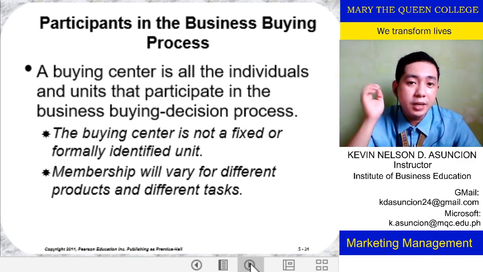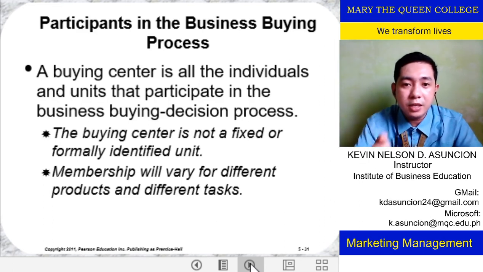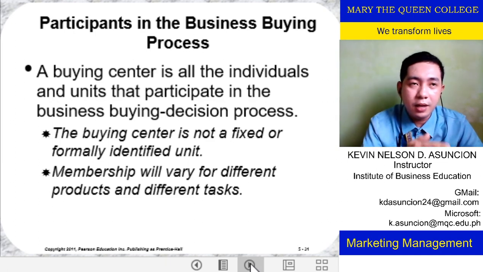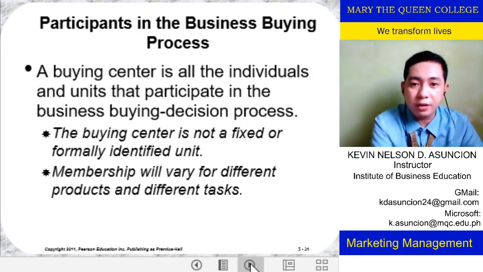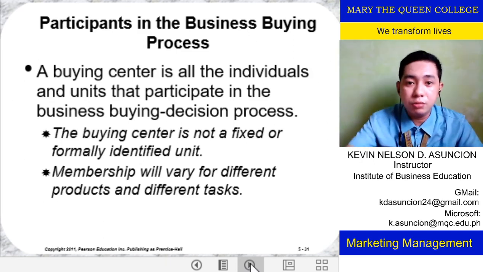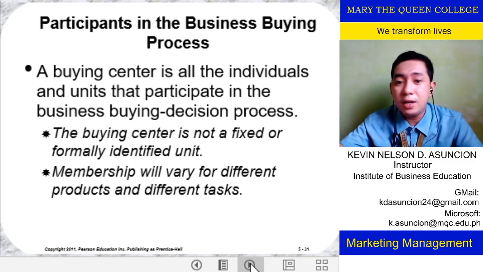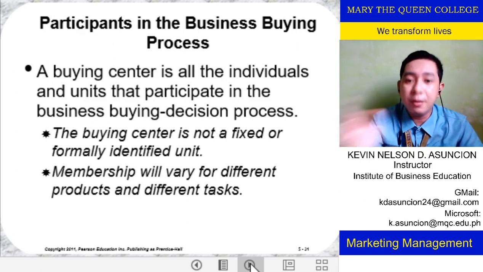Participants in the business buying process. A buying center is all the individuals and units that participate in the business buying process. No? Okay, so it's a buying center. The buying center is not a fixed or formally identified unit, but kumbaga, it's a grupo, no, established in an organization to constitute the buying process. Ano bang mga specifications are needed? Depende kasi sa mga products at mga kailangan na i-deliver nung task na paggagamitan nyo dun sa produkto o